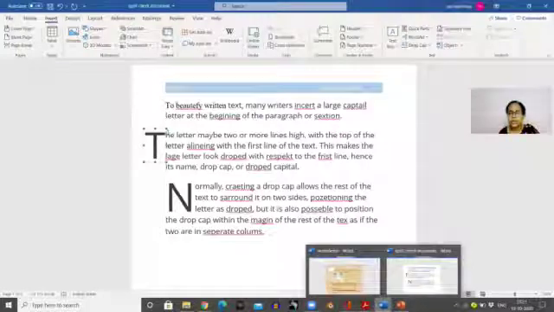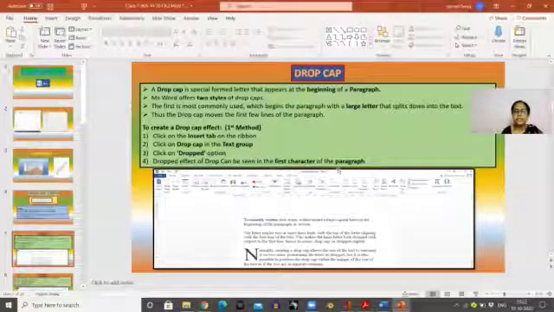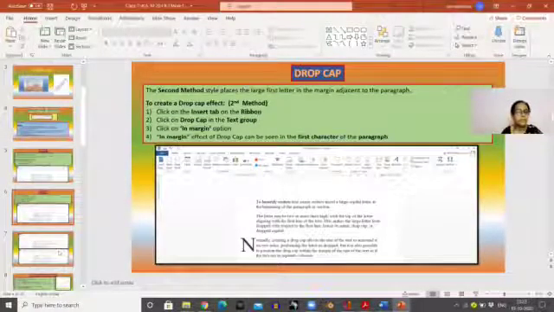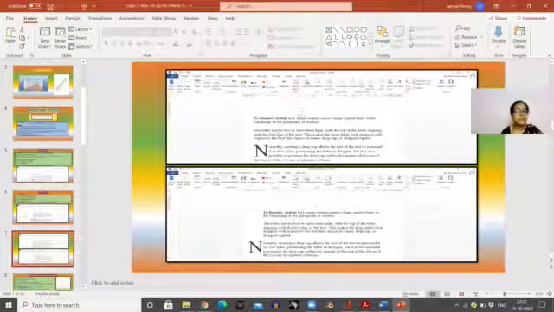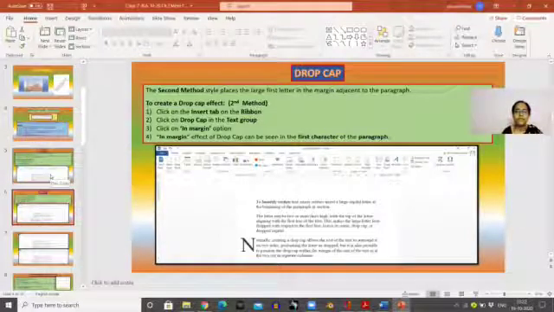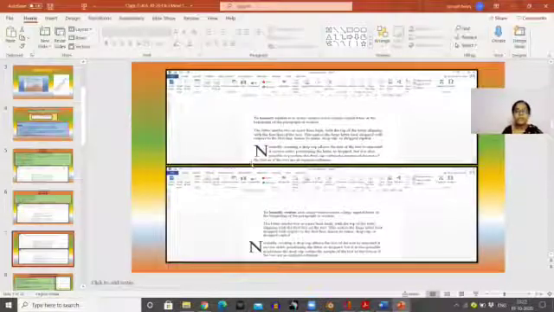Okay, children. And back. So here, drop cap, where the first character comes within a paragraph. Can you see here? I put a picture of it, and the next drop cap, you can see both of them here. The next one is within a margin and the other one is within a paragraph. Okay. Both things came the same. Twice it came. Okay. These are the two types of drop caps.